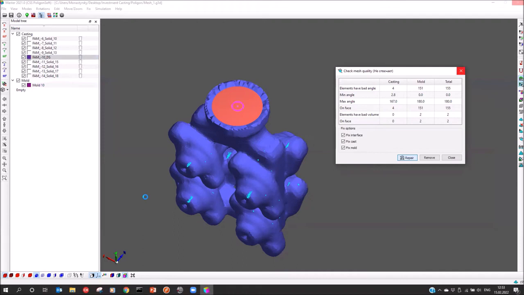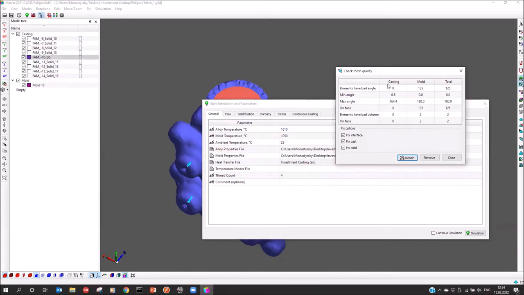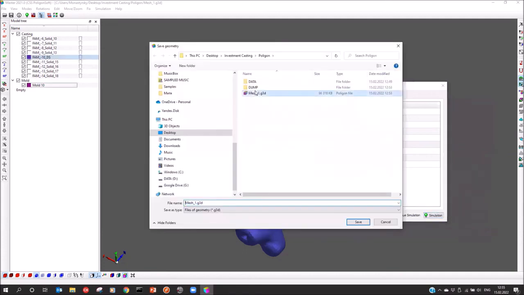So I will try to repair some small problems like this, and I will delete these bad elements from my geometry. It's done. And we have 0 in casting and a better result in mold. So I will remove other bad elements. You always need to remove bad elements from geometry at the final stage before you start your simulation. So now I can run the simulation,